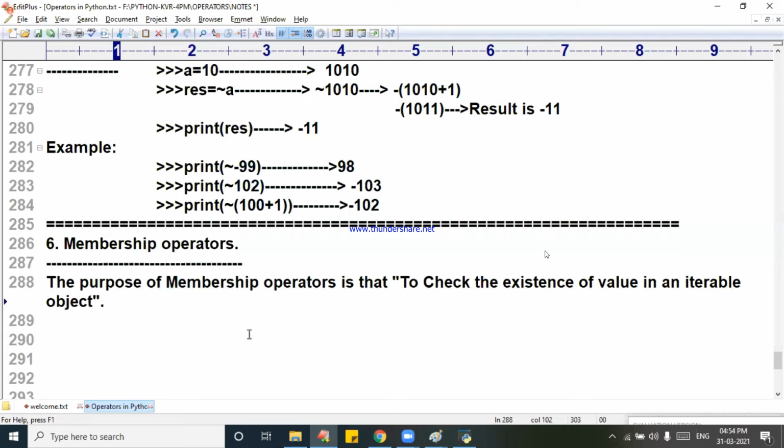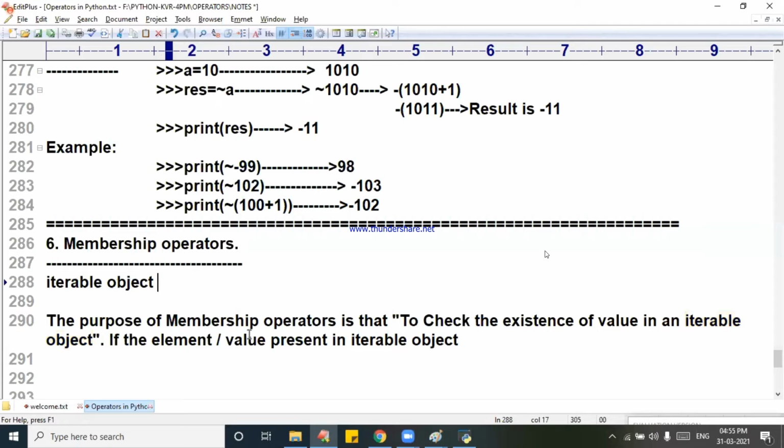There are no special cases with the membership operator. If there were, I would have told you directly, right? Come to the point. If the element or value is present in an iterable object. First of all, are you understanding what is an iterable object? That's what I am asking. Iterable object means, I'll tell you. First, I want to tell you that only.